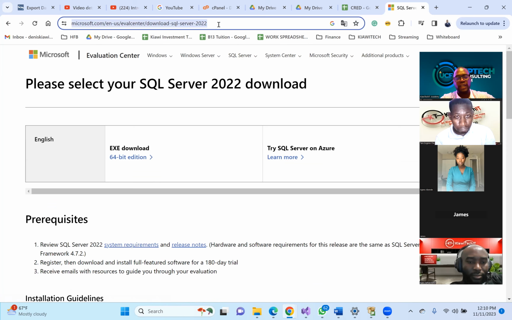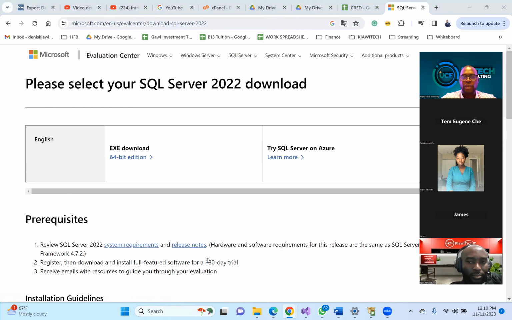So I'm just going to drop this link in the Zoom chat, so you can go ahead and grab it. Let's do the evaluation edition, please. Let's do the evaluation edition. But if you've already installed the developer edition, that's fine. You can also work with the developer edition. So it's very easy. Once you click on this link here,